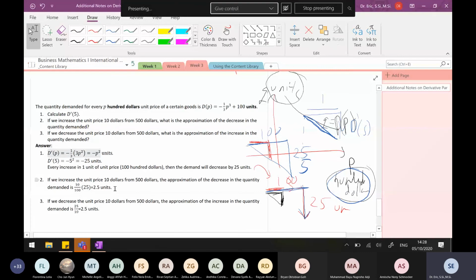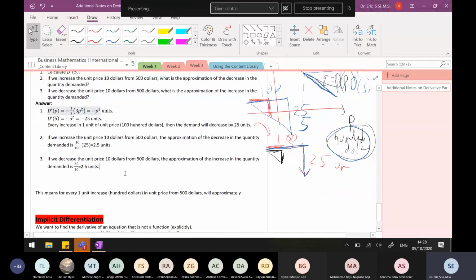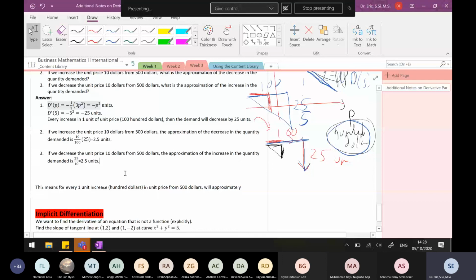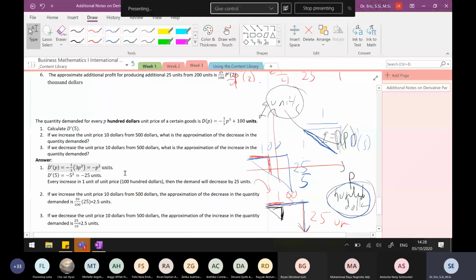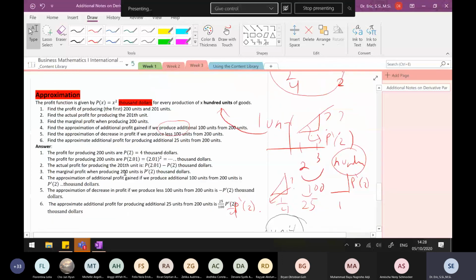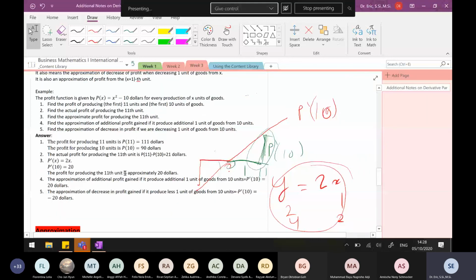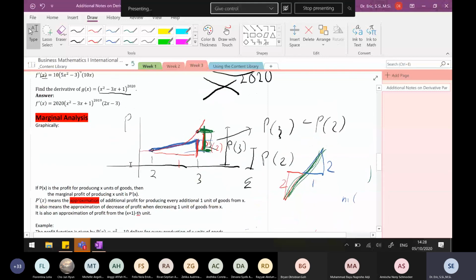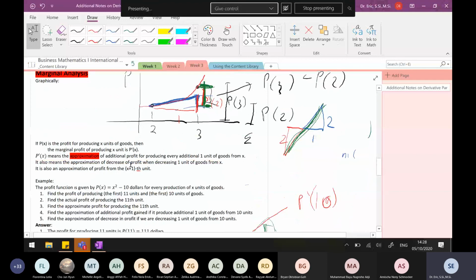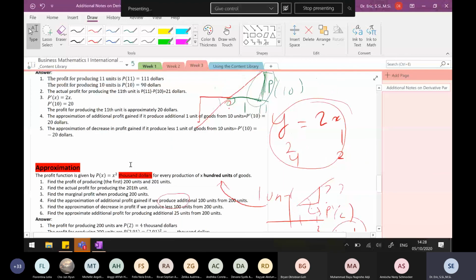Okay, I think this is all for today. You can just look at it again and again. I think it's not just once. You can look at my video also. There's a problem in daily input, daily output of production in a factory. You can look at that. But this is the end of our session. If you still don't understand the approximation, I will explain it to you tomorrow.